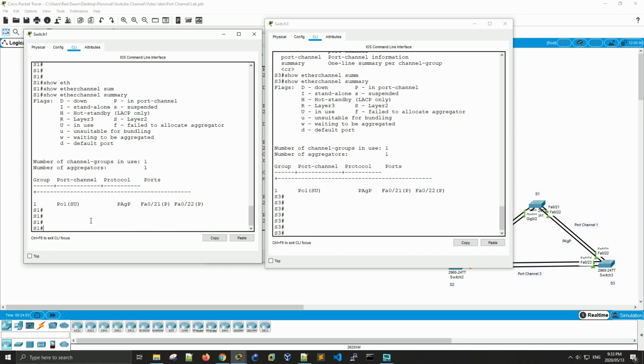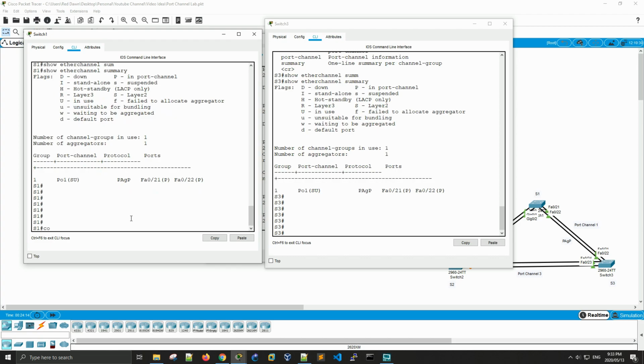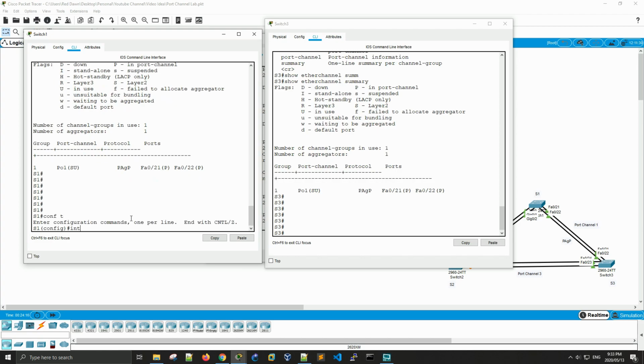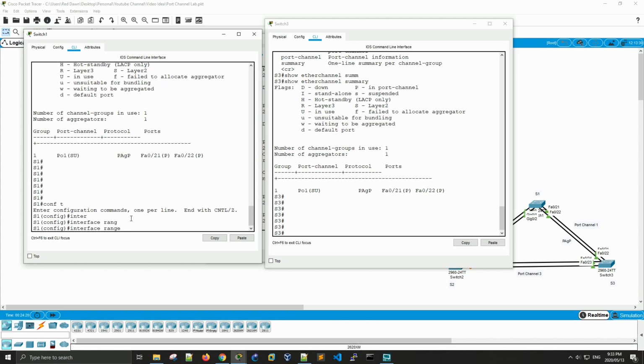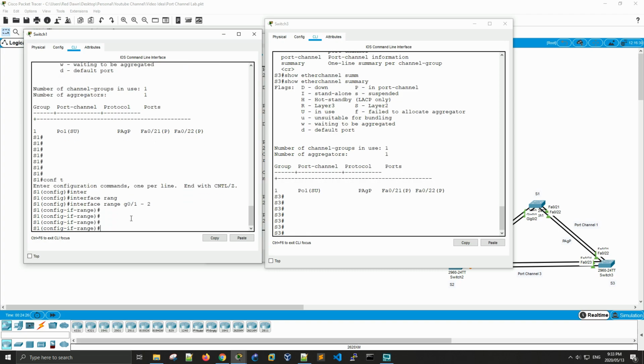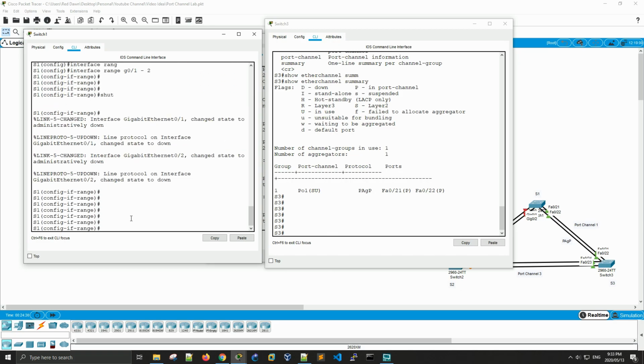Right, let's move right along, and we are now going to do switch 1, and we're going to do the other interfaces. So conf t, interface range gig 0/1-2, and we're going to say shut. Okay, so now that's been shut down, and we can say channel-group 2,